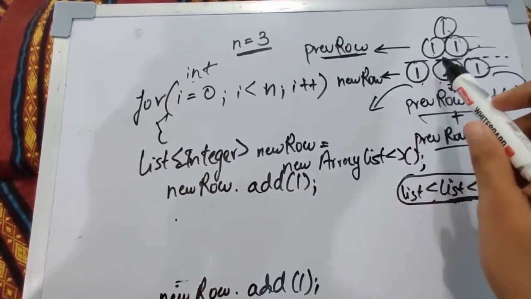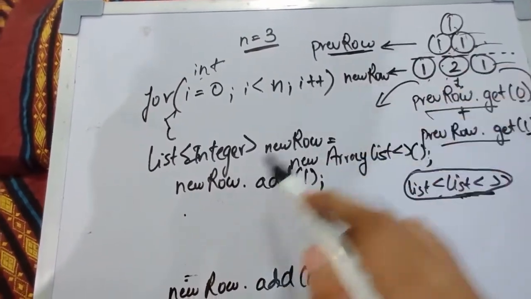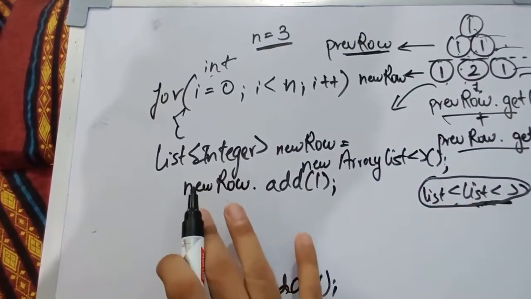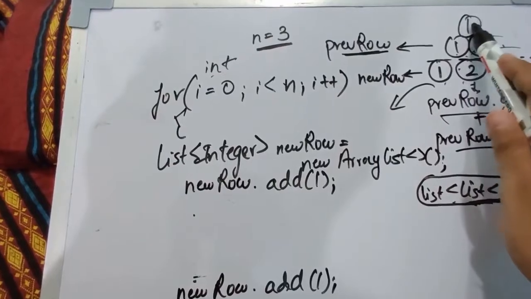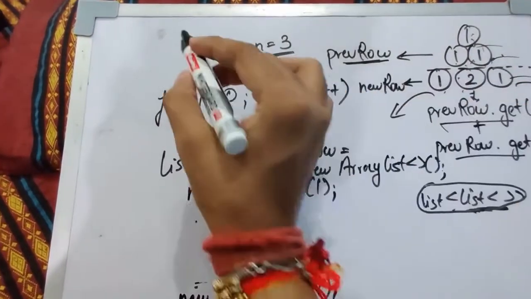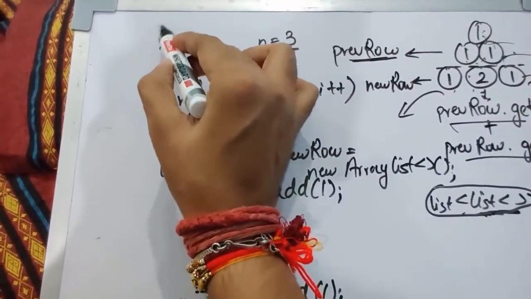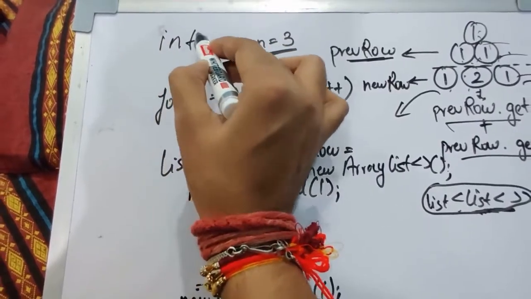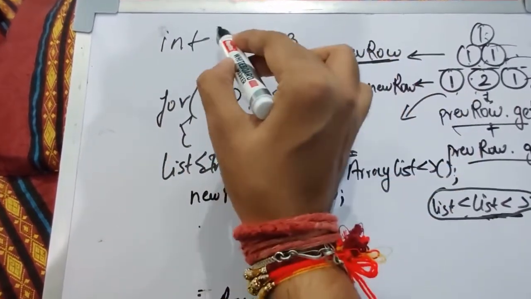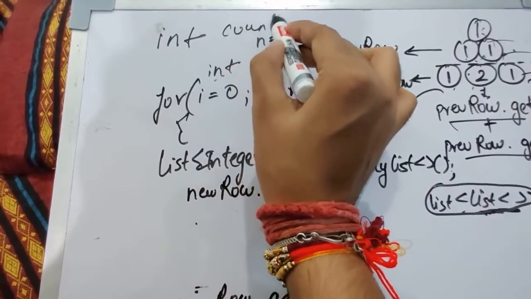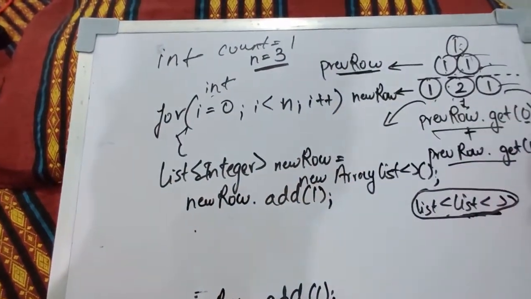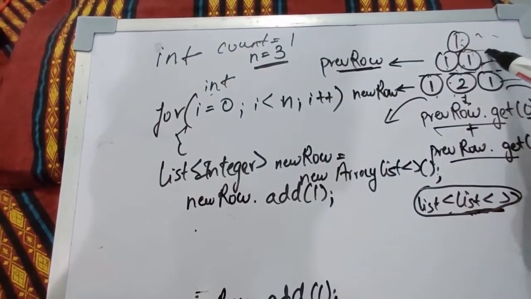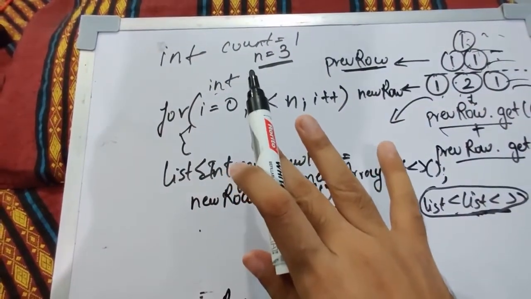So you just want to get the second row right now. So how will you do that? You already know that we have completed the first row and second row, so you will maintain a counter. Okay, so I'm just maintaining a counter here that we have done till 1, right? So this is your 0th index and this is your first index, so this should be okay.